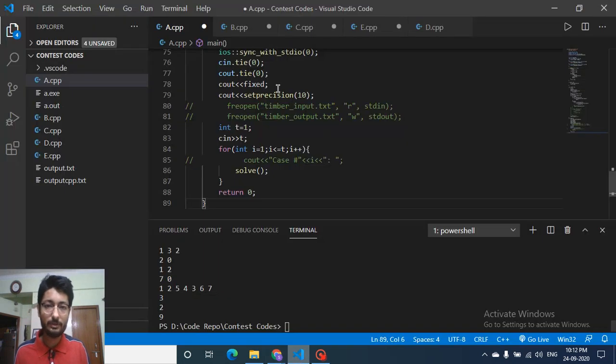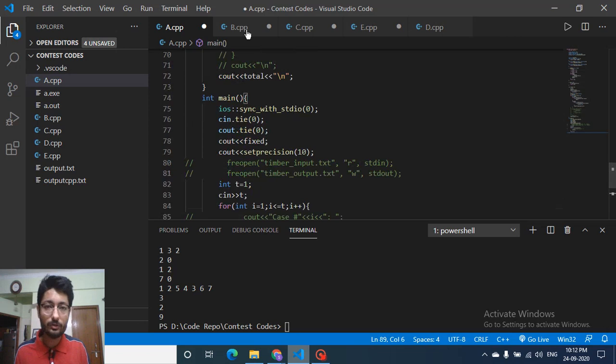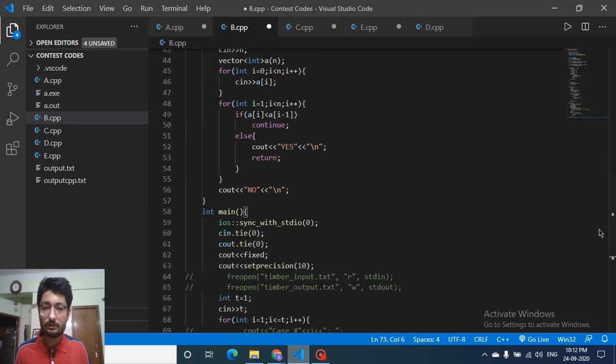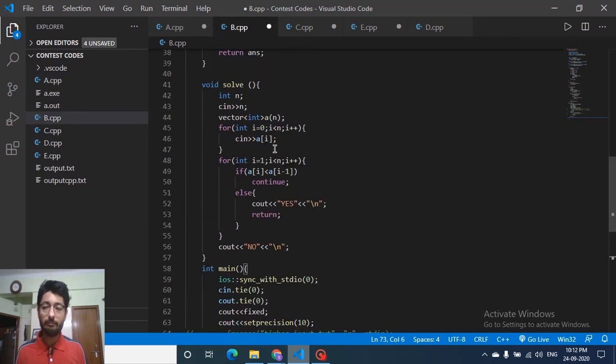So the code is very simple. Just take the n numbers, and then we'll check if this is strictly decreasing, then it's fine. If I find any number which is not following the strictly decreasing pattern, we just continue. Else, if any two numbers are the same, or they are not strictly decreasing, like some increasing number or same number, then the answer is yes. I can always do this in the given number of inversions.